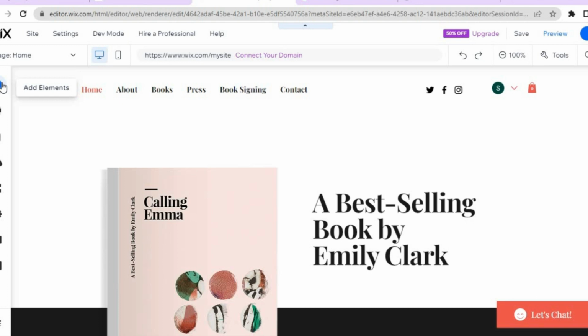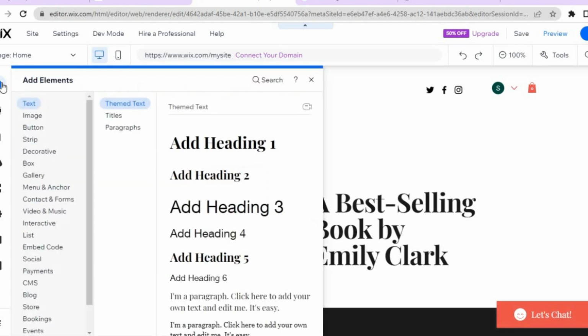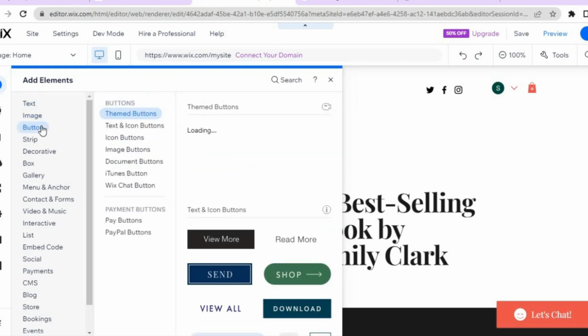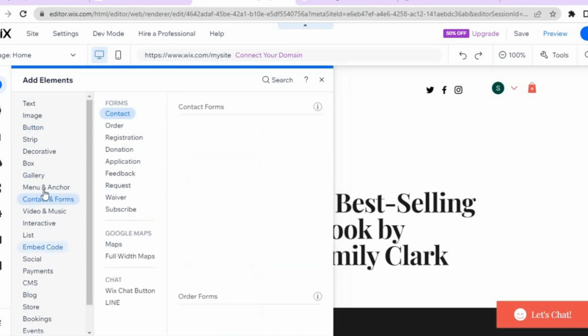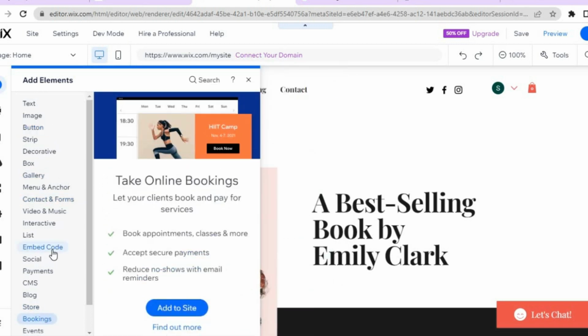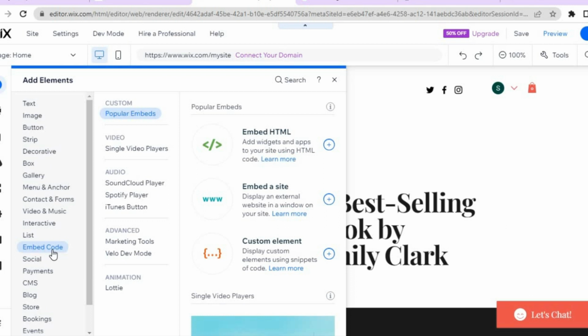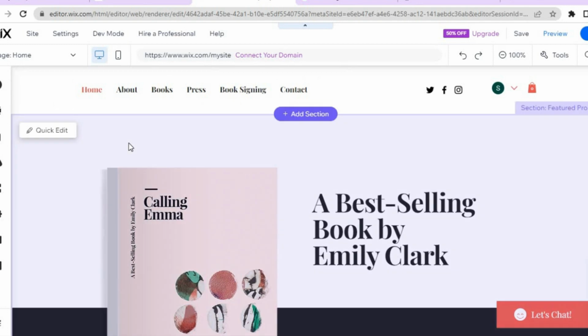left hand corner, tap on add elements, and from there you can add text, you can add image, you can add more buttons if you want. You can add practically anything to your website right here. All you have to do is select what you would like to add and simply drag it and place it on the web page. Once you have done that, you're going to go over to the left hand menu option